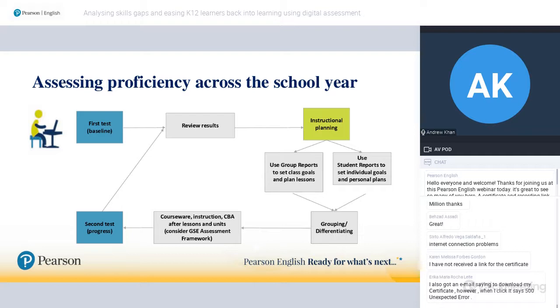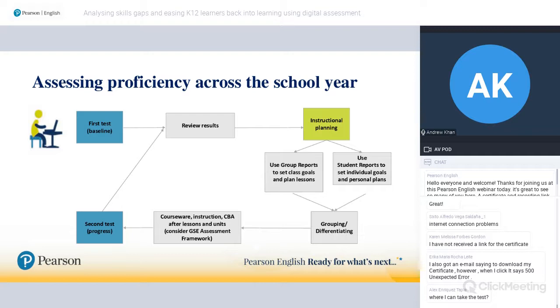You can use it to plan lessons, to see overall, yes, I need to be focusing more on writing and reading this term. You can also, if you have the time, really personalize learning in a meaningful way by using those individual student reports for remediation. So if a student is a little bit behind the class on one skill, it might be a case of using those results to help them with additional homework or additional materials that will really get them up to speed with what they're meant to be doing.